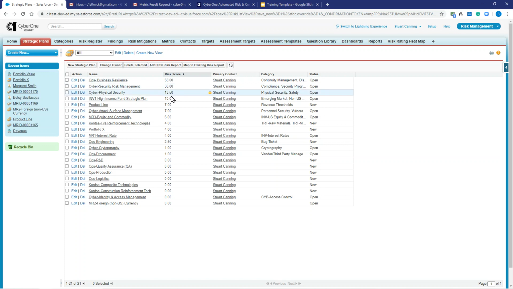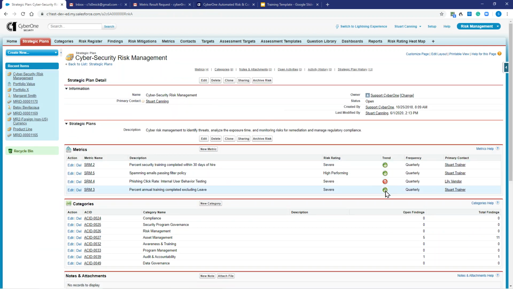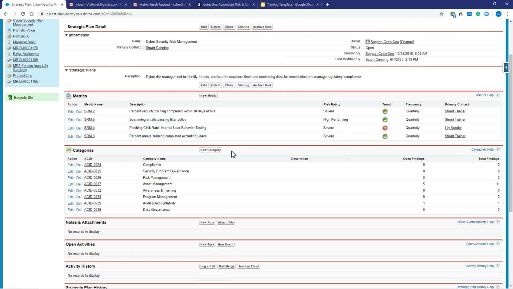we can see that there have been metrics added with any of these that have an actual risk score, and we can see the risk score here. And as we go into them, then we can actually see what the trends are by the different months, weeks, whatever that cadence is that's been added. And then if we want to begin to build out findings based upon those metrics and issues that we need to resolve to improve our performance, then what we can do is we want to make sure that we have